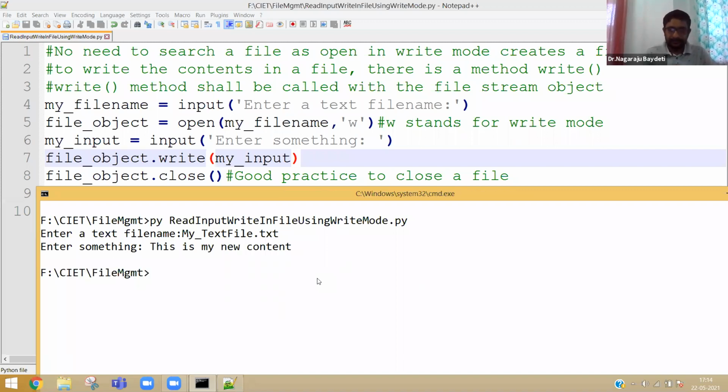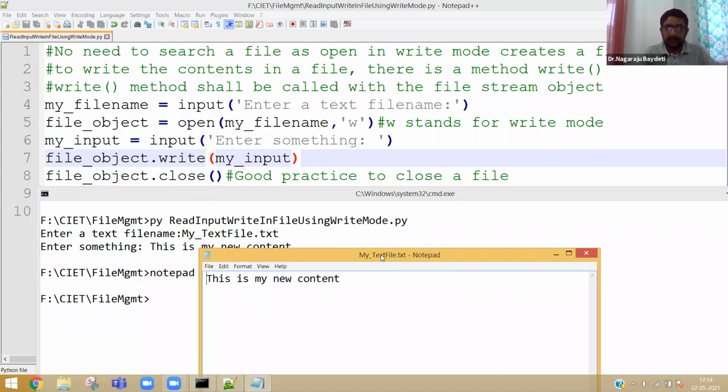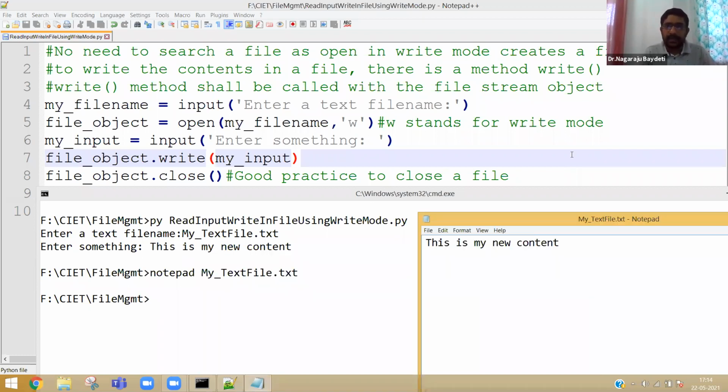Enter. Now, if you want to open the notepad, you can also see. Now you see here, the old content is gone and the new content has come. That is write mode.